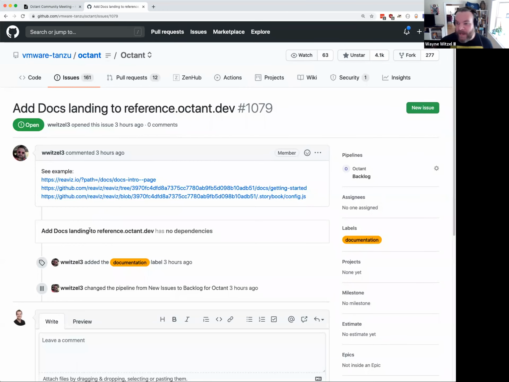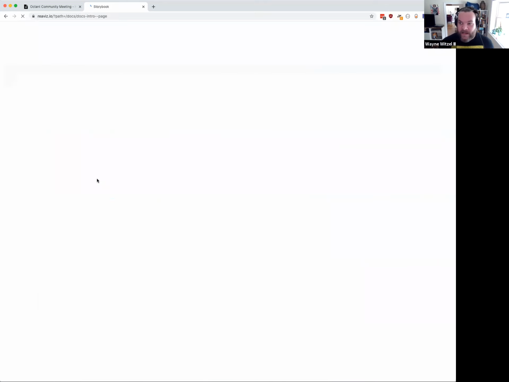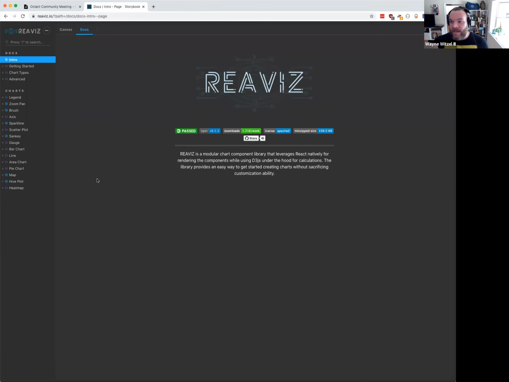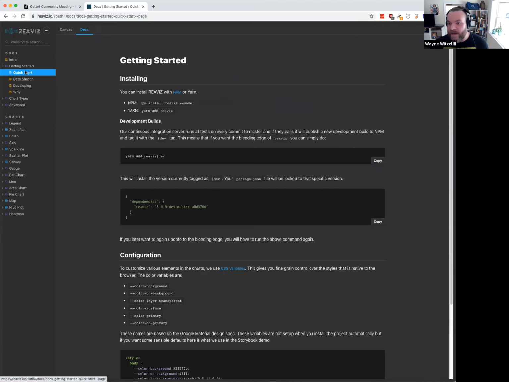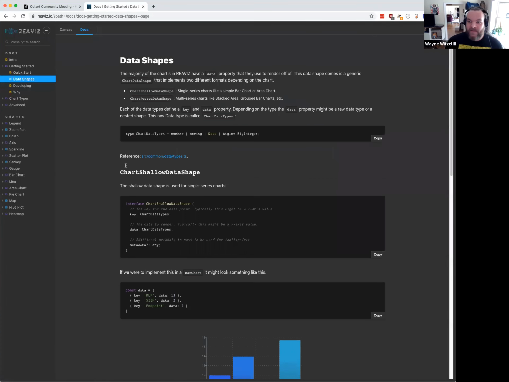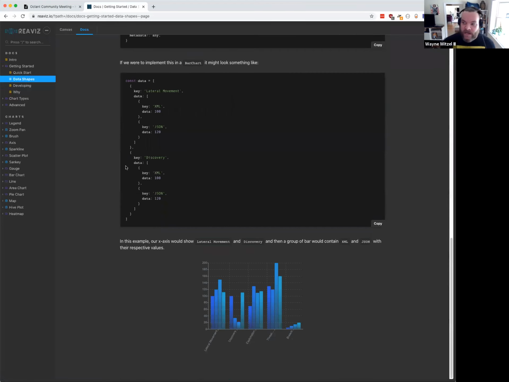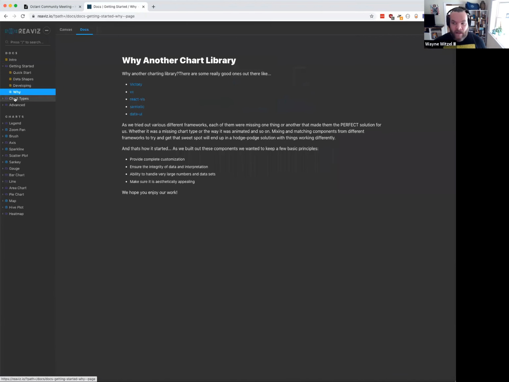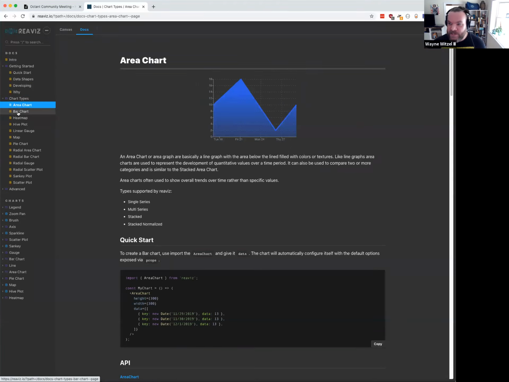the docs page. So there's this ReaViz.io tool, which they use Storybook very well. And what they do is they actually have created a whole docs section that you land on when you first go into the Storybook. And it has the getting started and all of these things that we can really, if we move our plugin documentation into here, not only can we have it alongside all of the component documentation, but